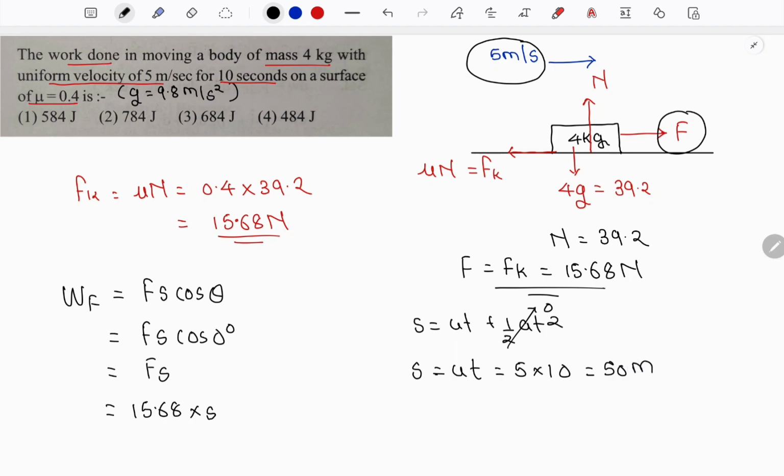So in the place of displacement, we just have to substitute 50, and the answer will be 15.68 into 50, that is 156.8 into 5. And the answer comes out to be 784 joules. You can just do the calculations. It's a pretty simple calculation, and we can see that the option is